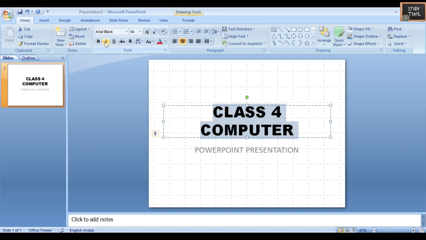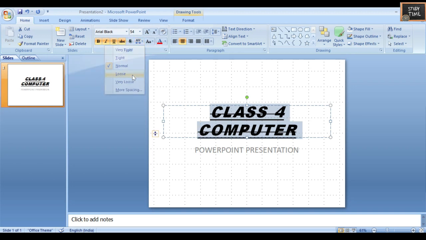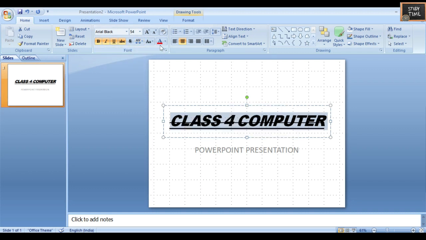Next you can click bold, italic, underline, strike, or you can have character spacing, whether it is loose, tight, normal, or very tight. You can have all these options.